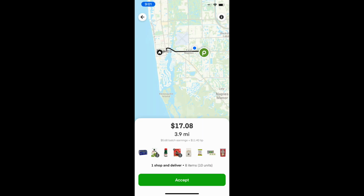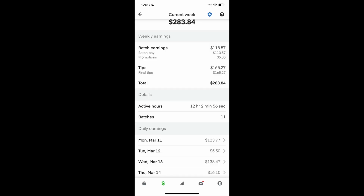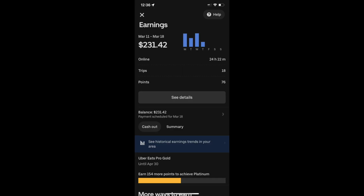On our way to that pizza drop-off, we grabbed this Publix order. It's like over $15 for just a few miles. So we're gonna go shop this really quick, cool off for a few minutes in some air conditioning. Through 4 days, we are at roughly $815 on all